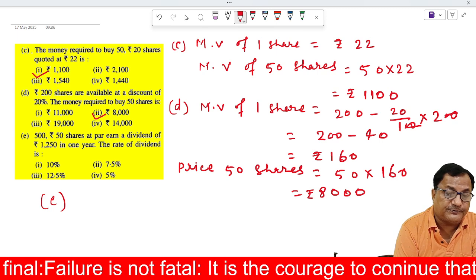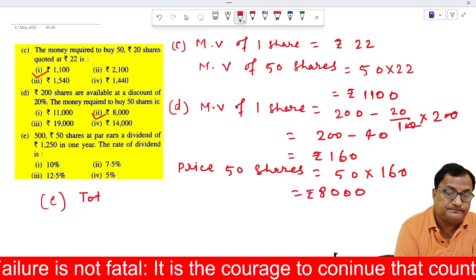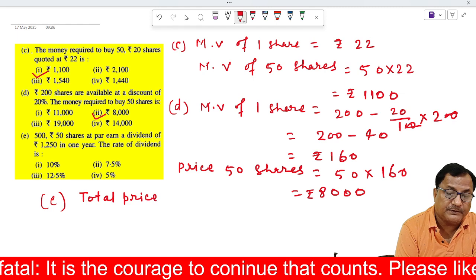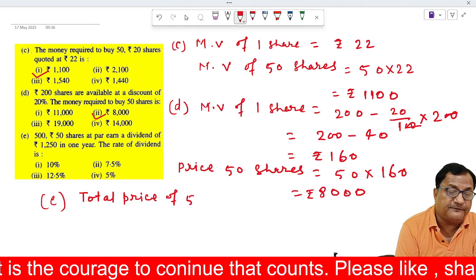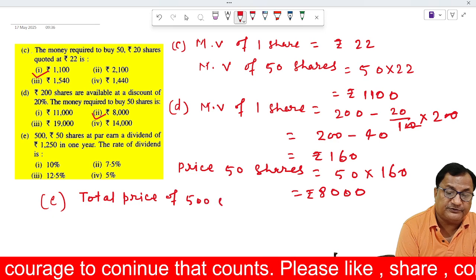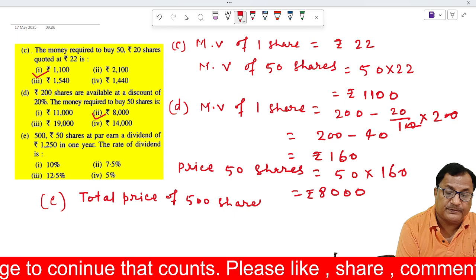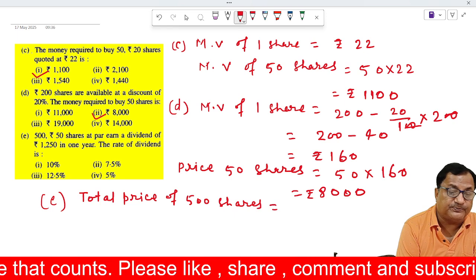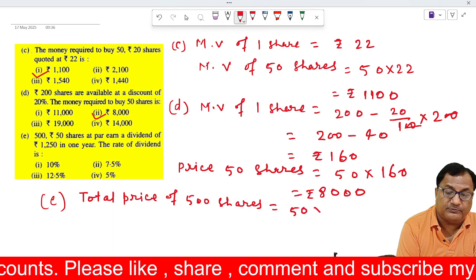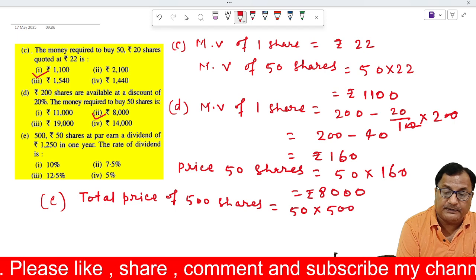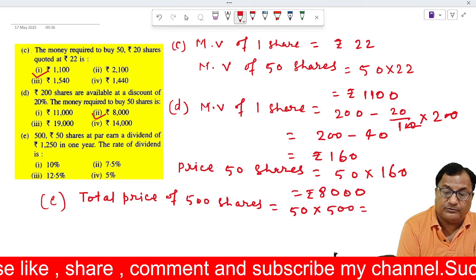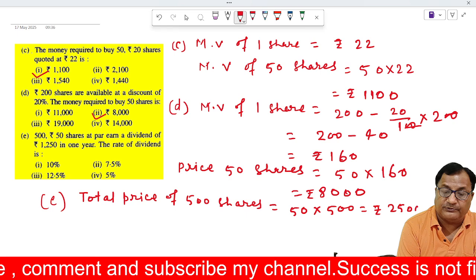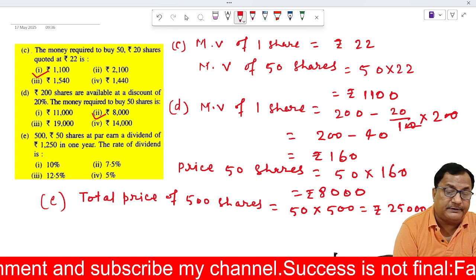Total price of 500 shares is equal to price of one share, which is 50, so 50 into 500 is equal to rupees 25,000, and earning